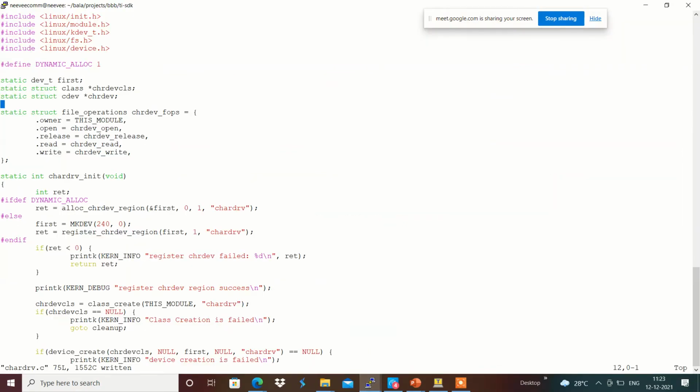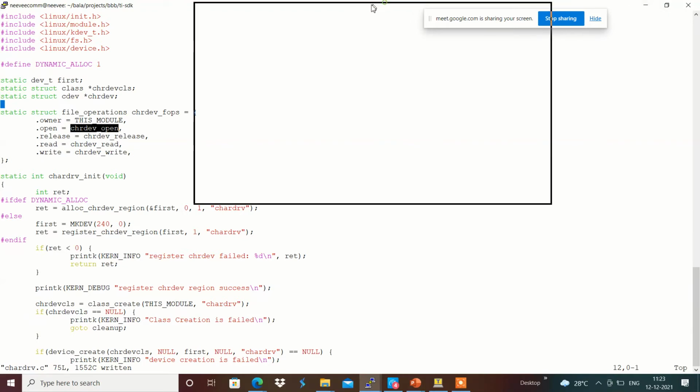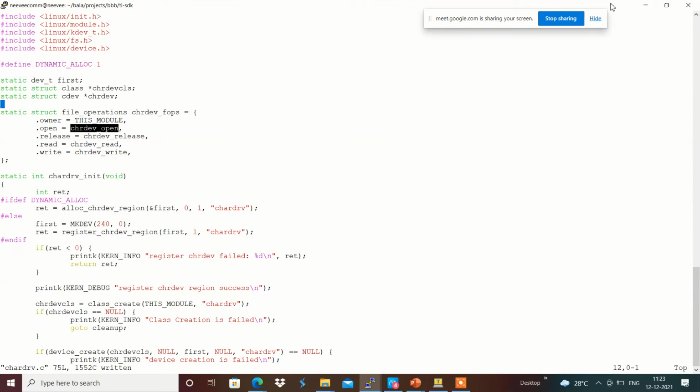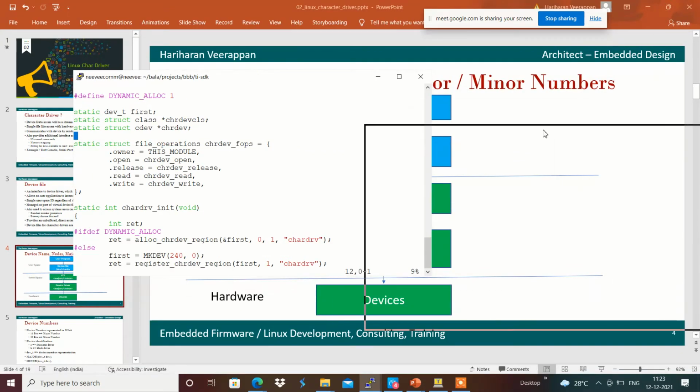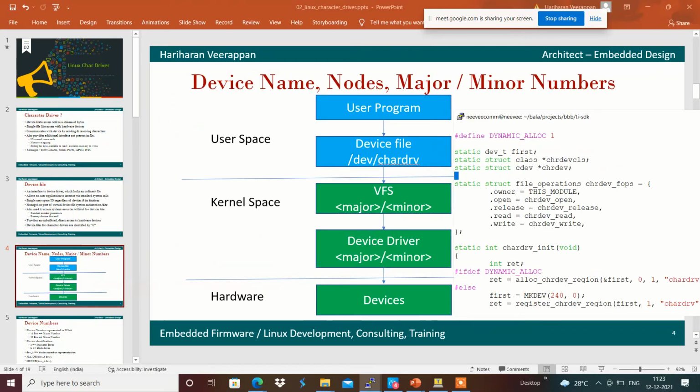For example, whenever we are trying to open this character dev file, this open callback function will be called.